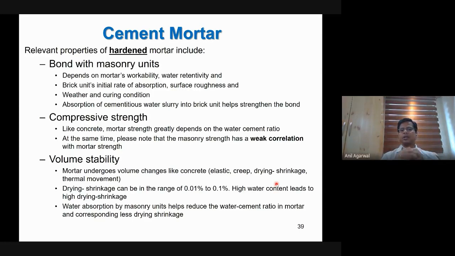But let's say I take a very, very big piece of mortar layer. Imagine a layer of mortar placed on a 5-meter long wall. That's a continuous layer of mortar over a 5-meter long wall. Now if that layer of mortar starts to shrink, it cannot shrink all the way from 5 meters away. So what will happen as a consequence? Anybody?